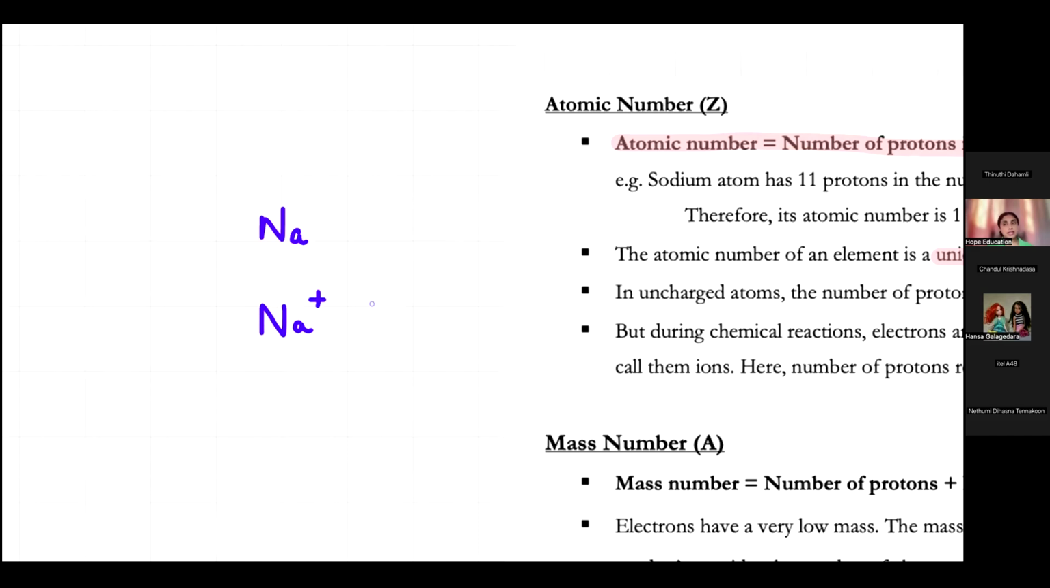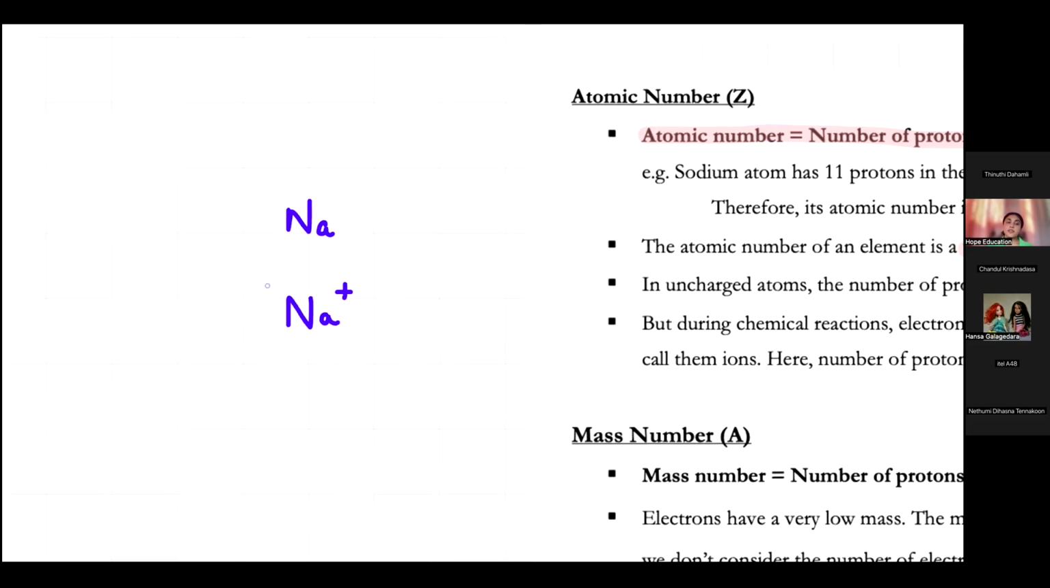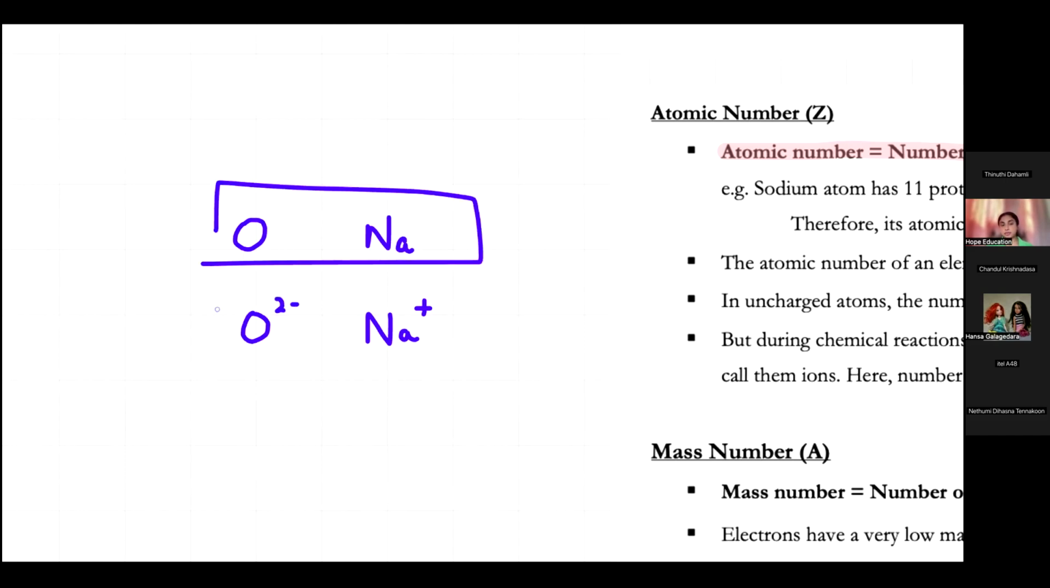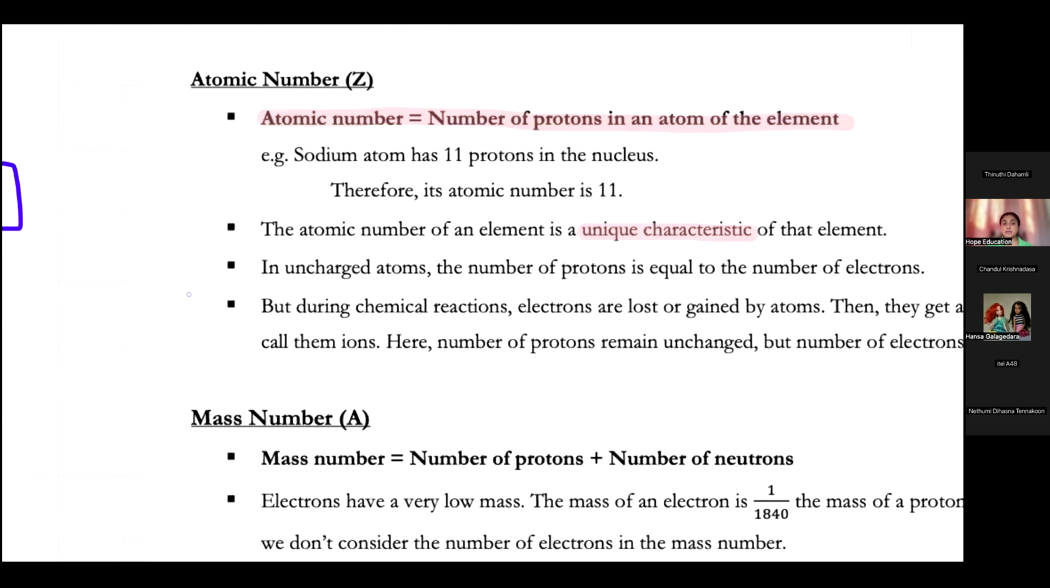We will be learning this later on. But some of them can have charges. If you take oxygen, it is just O. But sometimes oxygen can be O2 minus. See? These don't have a charge. These have a charge. So here it says, in uncharged atoms,